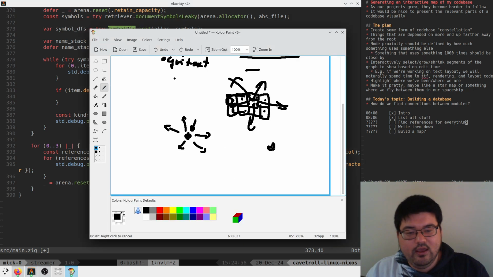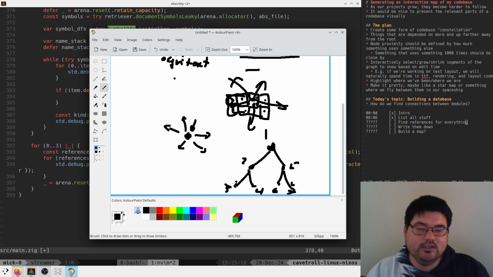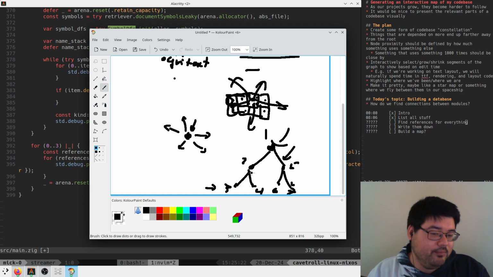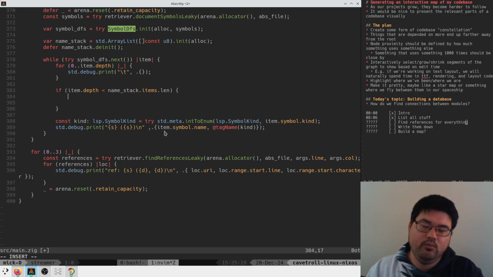But the iteration is like, if we have a tree like this, boom, boom, boom, boom, boom, boom, we go 1, 2, 3, 4, 5, 6, 7, right? And so here we know that when our depth was 3, and if the depth comes back to 2 or back to 1, we know to pop elements of the name. So if the depth is less than our current name stack length, we go